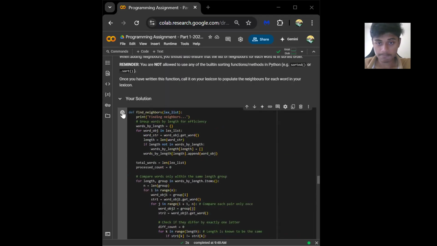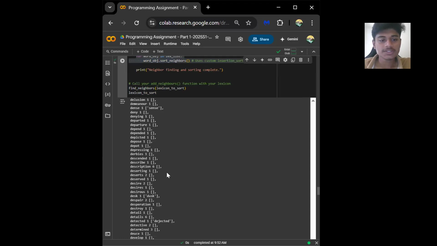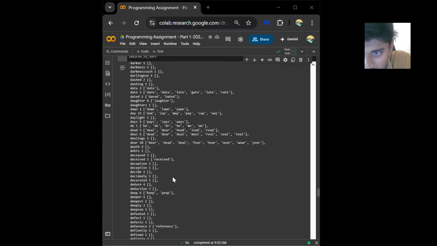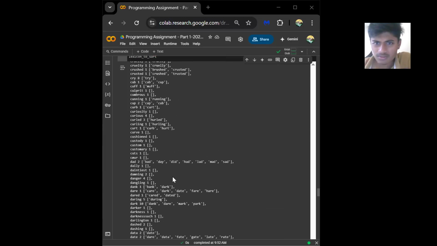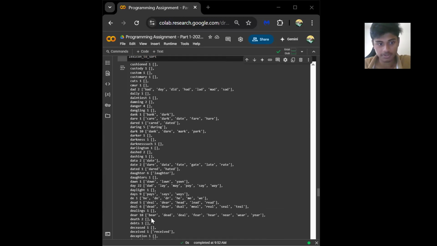Just wait a second. Yes. It finds neighbors and then it sorts them for every word. Yeah. The progress messages show that it is processing, where I did a progress message. Oh, where is it? All right, whatever. Probably I removed it. Anyways,